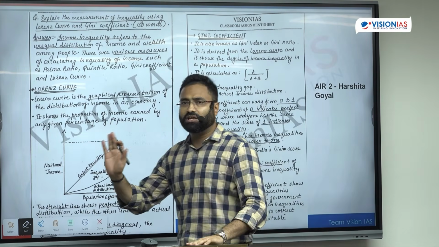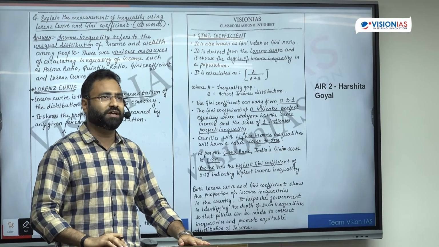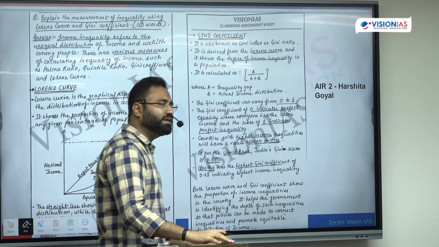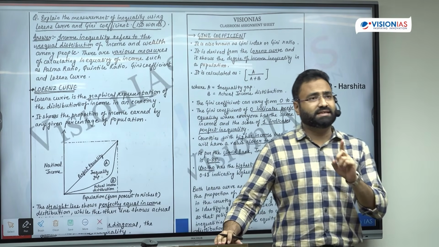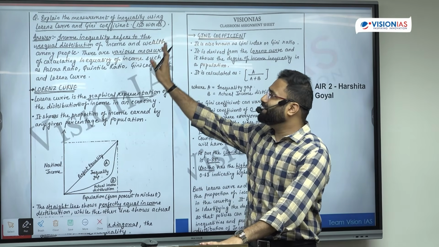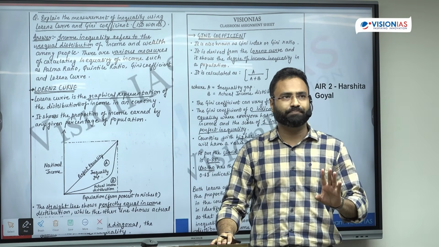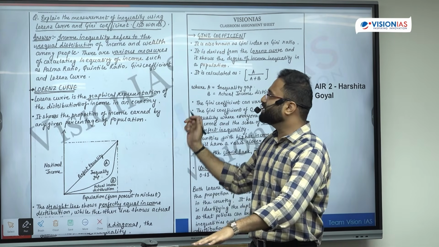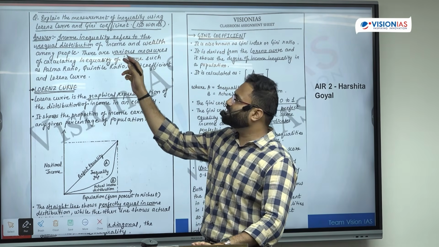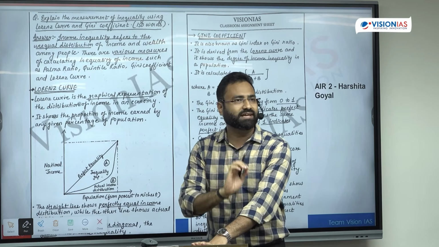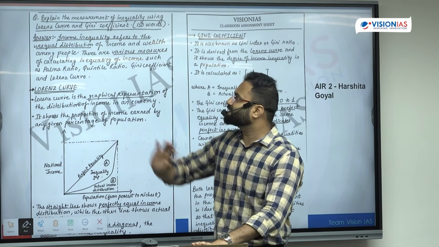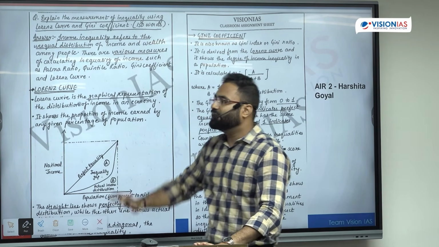And we can assume that this was the assignment question of that particular class and Harshita attempted it. In the class, this topic of inequality might have been taught in detail. Then while addressing and highlighting inequality, there were certain measures that might also have been taught in the class. For example, the Lorenz curve, for example, the Gini coefficient.